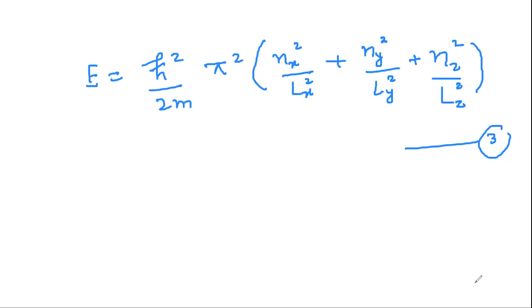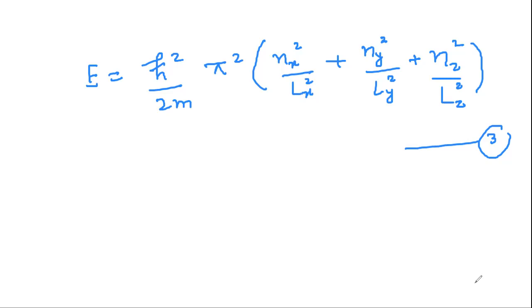Also, you know that psi is equal to 0 properly when x is equal to 0 or x is equal to Lx. They are the boundaries along the x direction. Psi is equal to 0 when y is equal to 0 or y is equal to Ly. It is equal to 0 when z is equal to 0 or z is equal to Lz, provided that the three numbers nx, ny, and nz assume any discrete integral values.